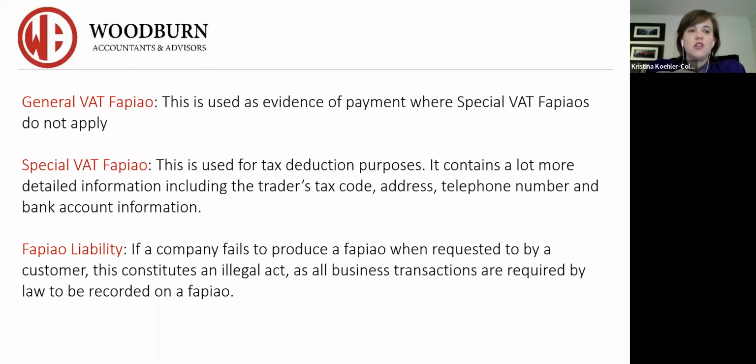In the past, you had to issue the special VAT Fapiaos directly at the tax bureau at the point when it was necessary. With COVID and now currently with the second lockdown, you are able to issue the special VAT Fapiaos either from your home if you're remote working or from your office. You can do an application with your tax bureau and they will send them to you so that you have the ability to continue your business.